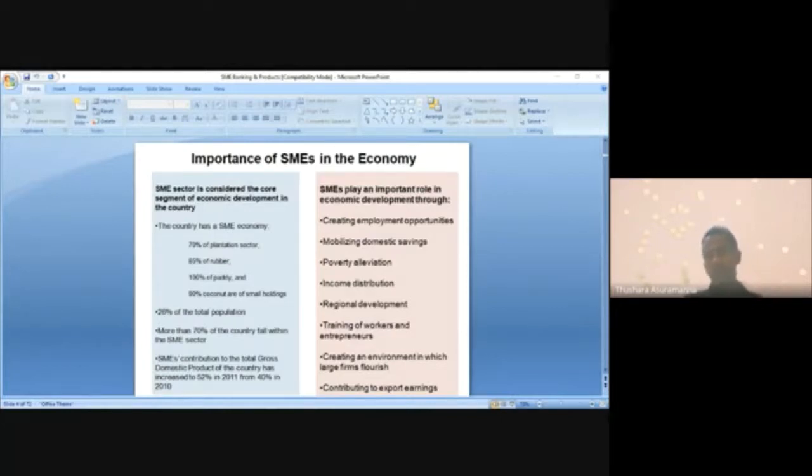Poverty alleviation, that's another support they can provide. Since they are spread across the country, they offer so many services and so many products, and there may be a value addition to the economy. So many people can engage in these SME businesses, earning some money. Ultimately they can get jobs, which in turn help to increase the standard of living and reduce poverty.